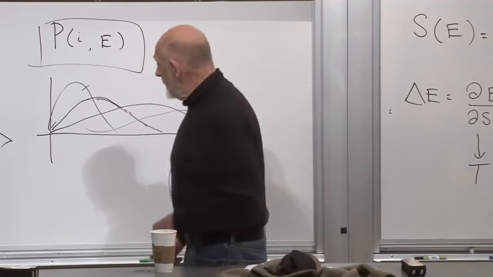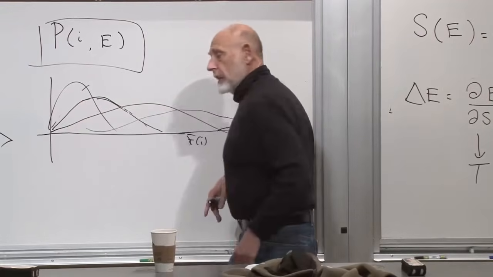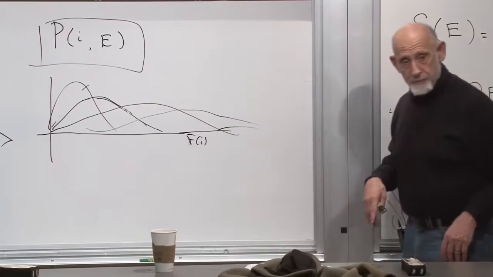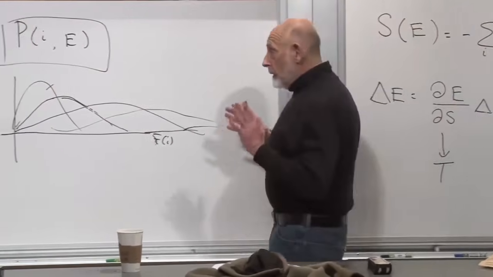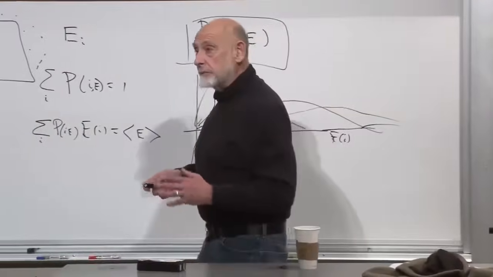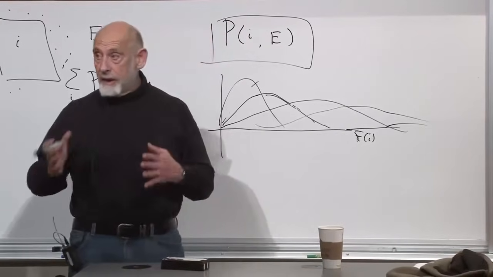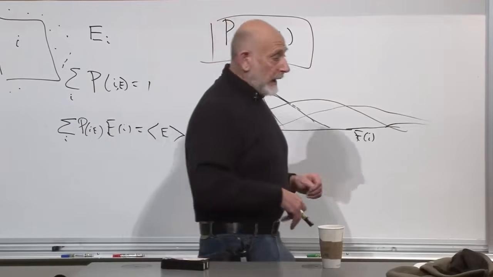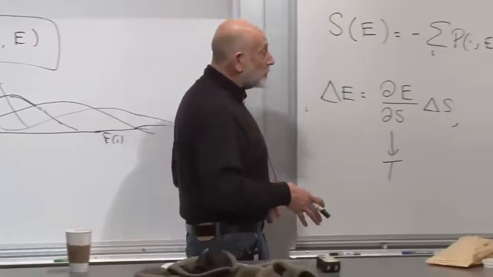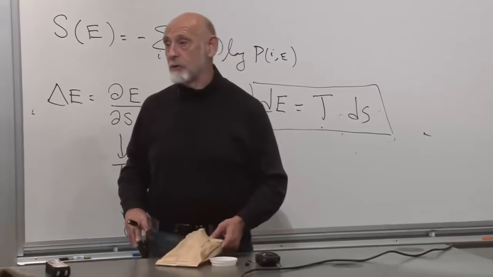When you increase the energy, you usually increase the width of the probability distribution, and in so doing, increase the entropy. We will take that as a given for now, that energy and entropy are monotonically increasing functions of each other, single valued, and we can come later and ask, is that always true? The answer is no, but when it's not true,